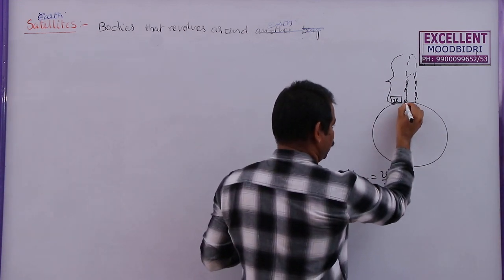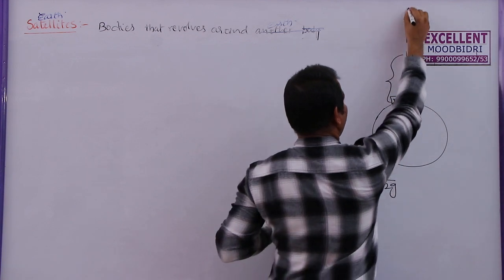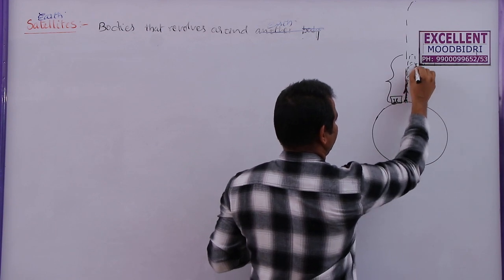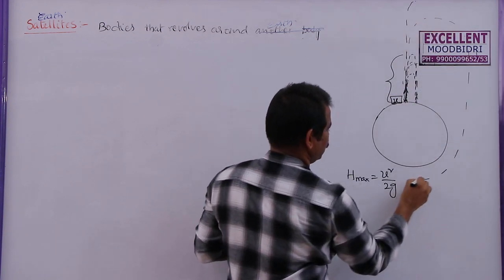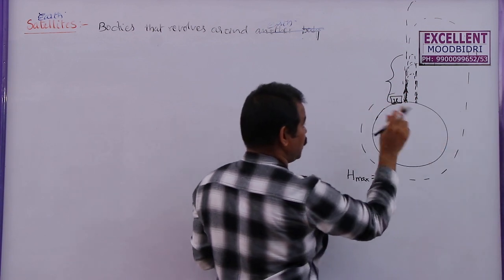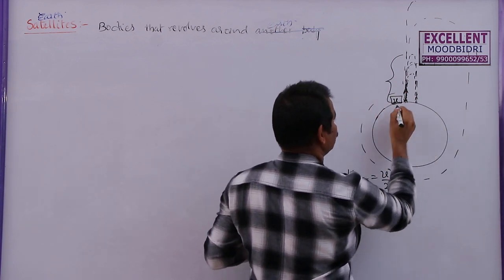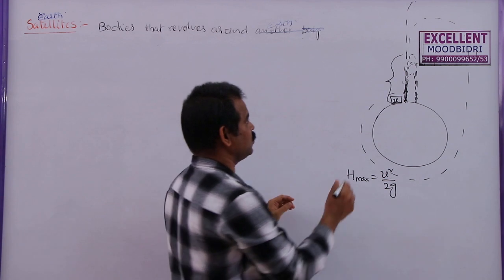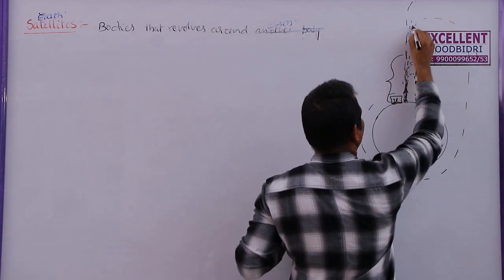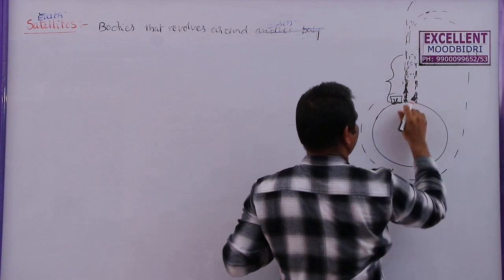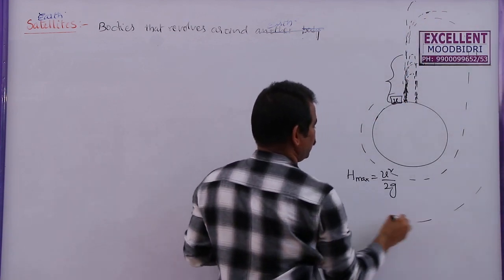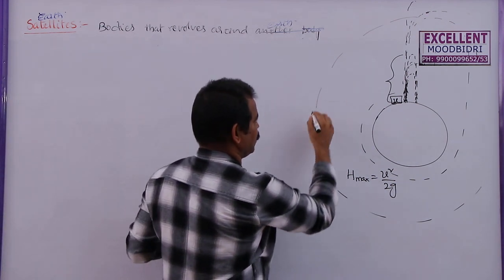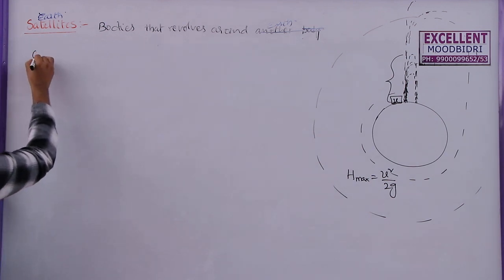Now, if you project this satellite such that it never comes back to the surface of Earth, generally what happens is that if it is thrown like this, it will go and fall down, or it may move in this path. This is possible only if the satellite is thrown such that there are two equal and opposite forces acting on it. So if it is thrown like this, it will reach a point, and then due to the force of attraction between these two, it will start rotating around the Earth. This velocity of the satellite that revolves around the Earth is called orbital velocity.